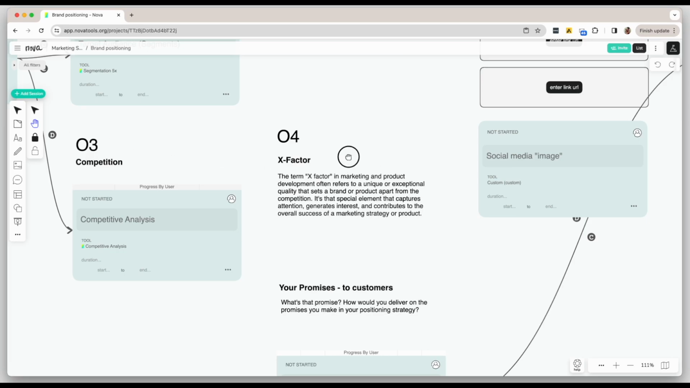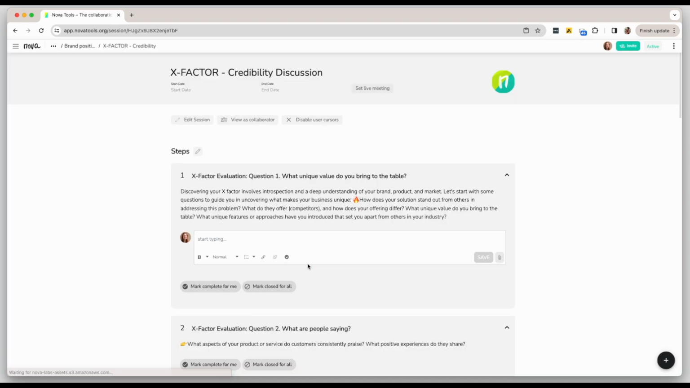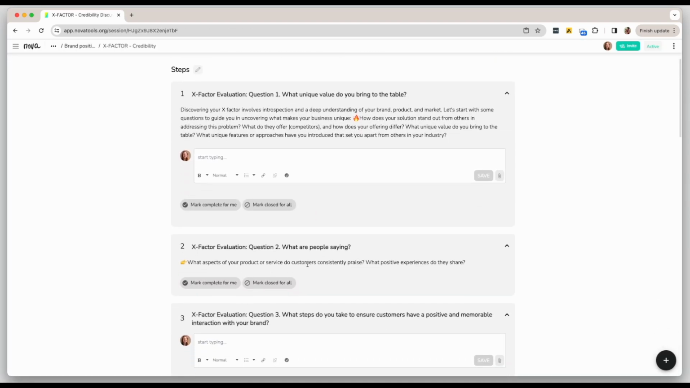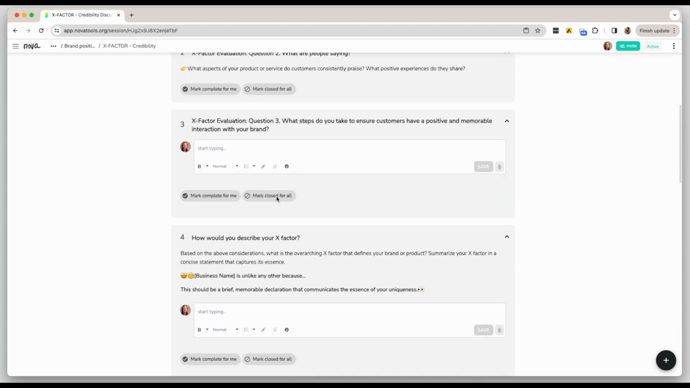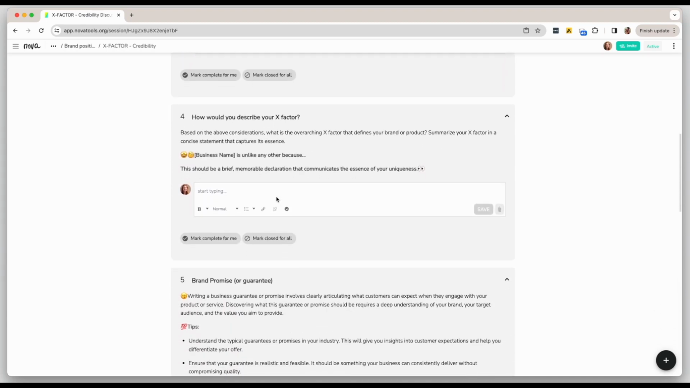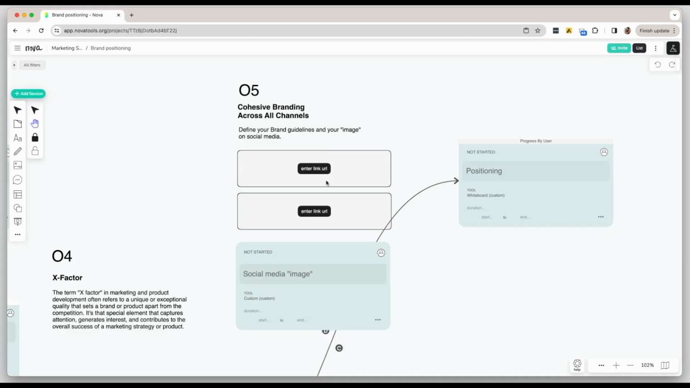Next, define your X factor. Start having a discussion asynchronously with your team like this one to see what their perception is and have a quick meeting to make a final decision. Here are some of the questions you and your team should discuss and think about. Then finally, you will define your image and how your brand and product will look and feel on social media